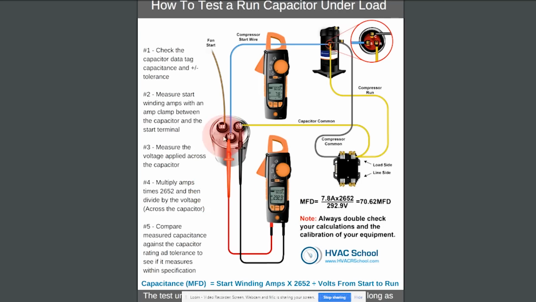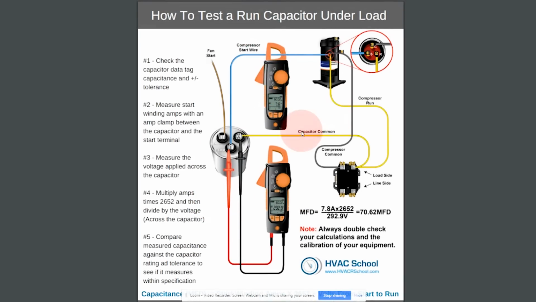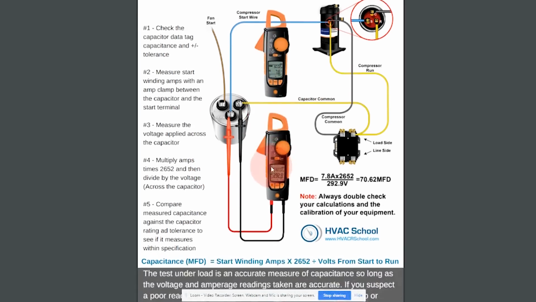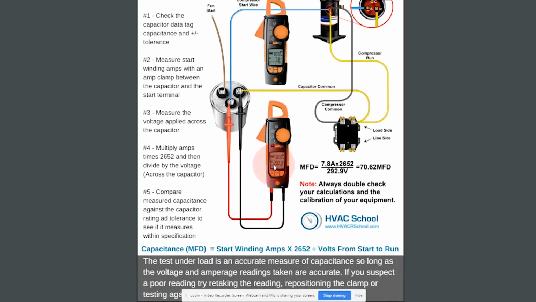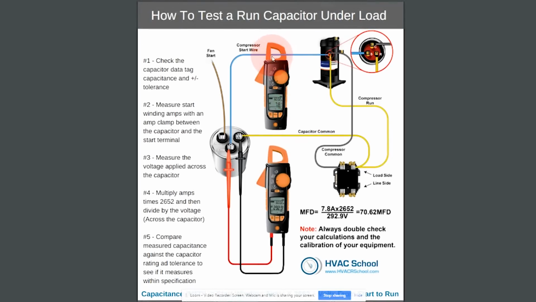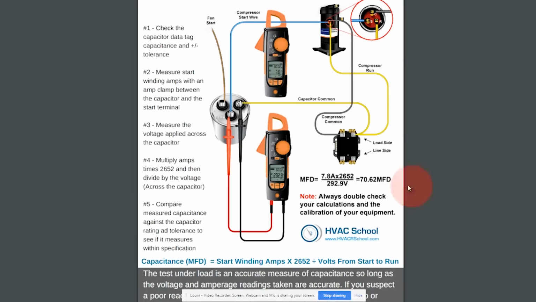And so in this example, this is how to test a run capacitor under load. It's on the resources tab of hvacrschool.com. Here you can see we have an applied voltage across the capacitor of 292.9 from here to here, and then we have a compressor start wire of 7.8 amps. This is actually a real unit I got these readings off of. And so if we want to find the capacitance, we can use these live readings, right? Well, how would that work